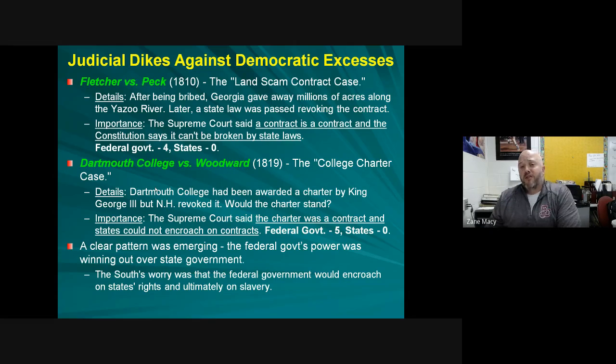Clear patterns emerging. The federal government has more authority than the state governments do. The argument for states' rights is taking a lot of losses here. Now,